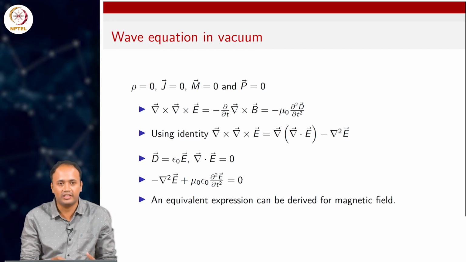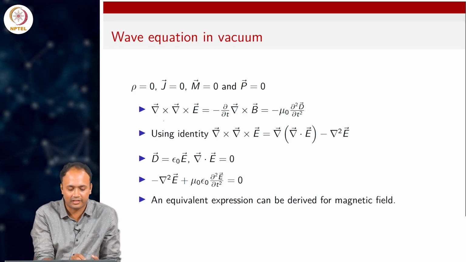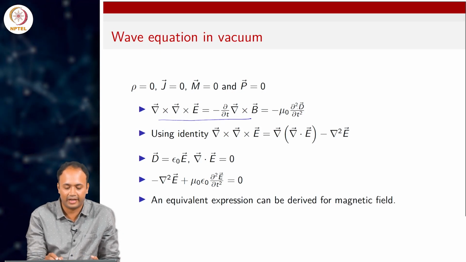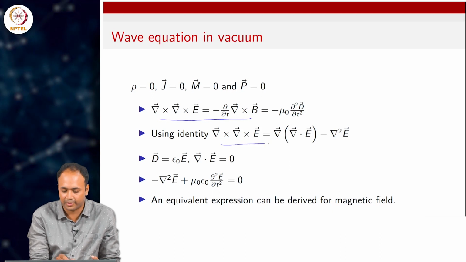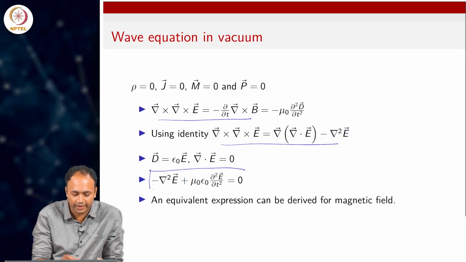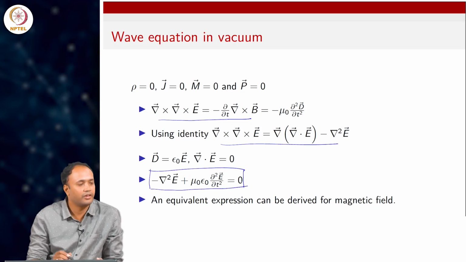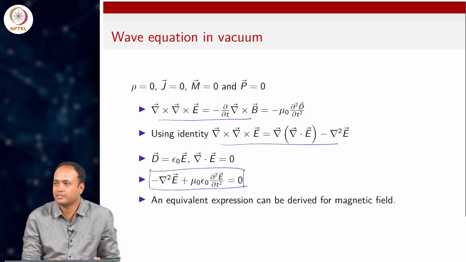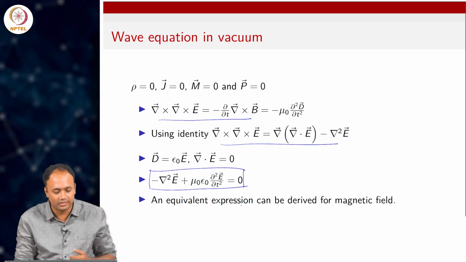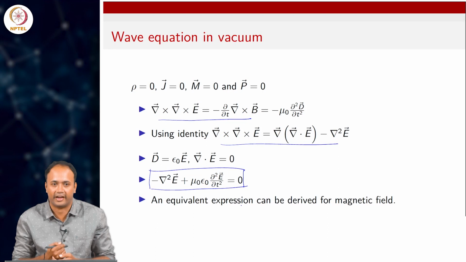Now you can start with these Maxwell's equations, let's say start with the Faraday law, apply curl on both sides, and you get these derivatives, and you can use this particular vector identity and come up with the wave equation, right. Have you seen this earlier? Yes. So this is the so-called wave equation, and this governs the propagation of the electric field in vacuum, and